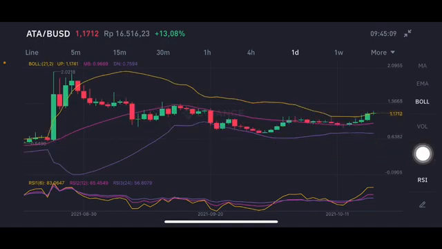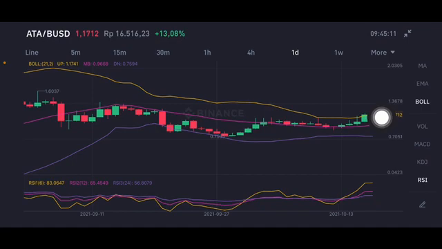0.8322 US dollar. For the Bollinger Band, it has also already hit the upper band. If there is a correction, it should go to the pink one first for the support. First support is at 0.9668 US dollar, and the next one is the purple one, the lower band, at